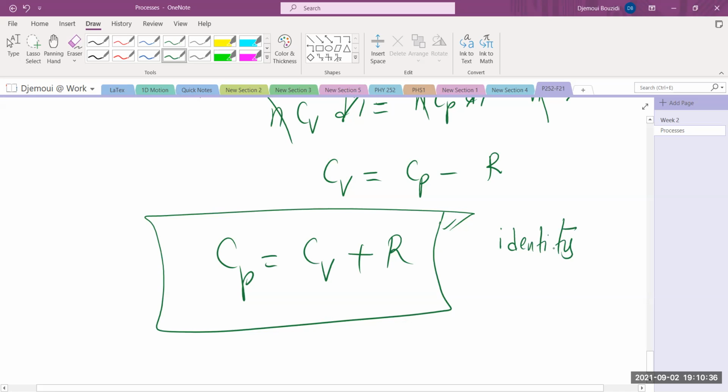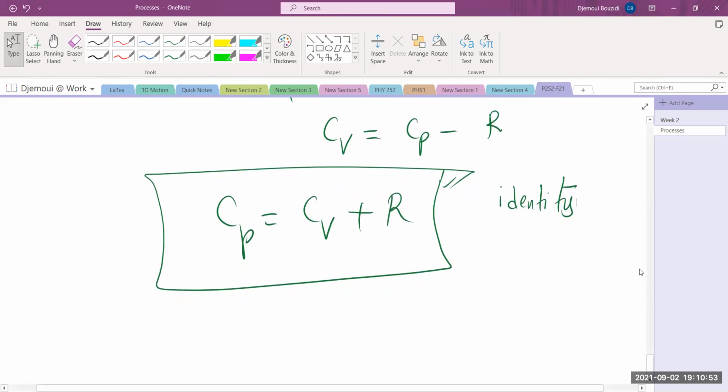So it is very, very important that we follow this and know where these things are coming from. And from now on, if they give you Cv, that's all you need. You can find what Cp is. And if they give you Cp, that's all you need. As a matter of fact, we're going to define gamma,